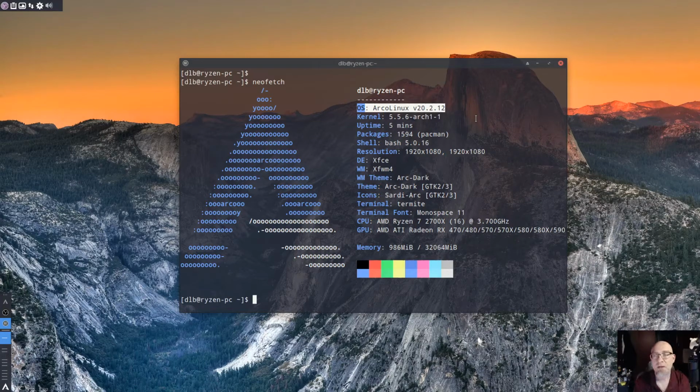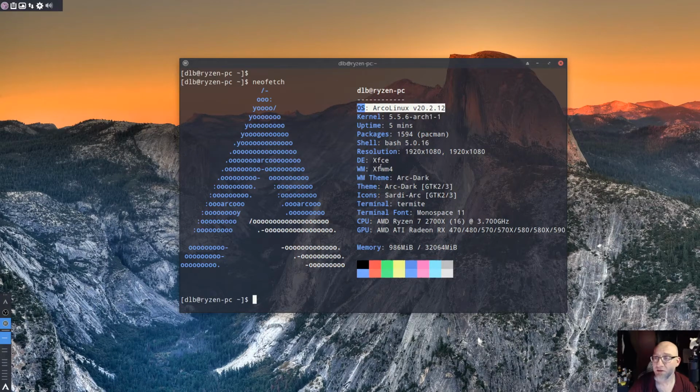And I love the premise of ArcoLinux. I love the premise that you can download ArcoLinux, which comes with your primary environment, what we have here, which is XFCE and OpenBox. And i3, those are your 3 desktops that you get. So right here, this is the XFCE version. I haven't played around with the i3 version yet.